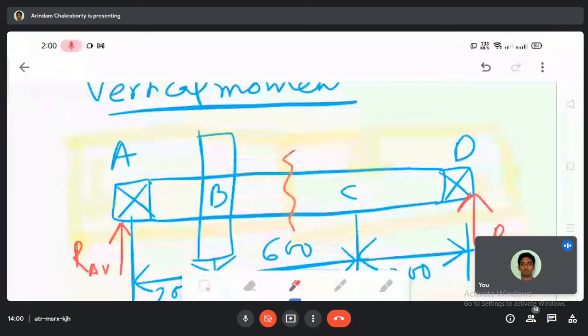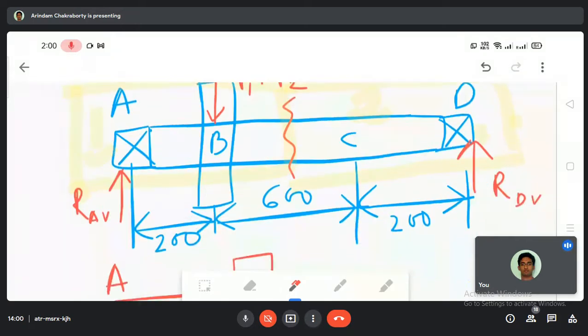Now since we know that at pulley B we are getting P1 plus P2 load. Why do we know that? Because there is a belt which is wrapped over it, and a load is applying P1 plus P2. So that means these two fixed points will apply a load of RAB and RDB, because according to Newton's third law of motion.